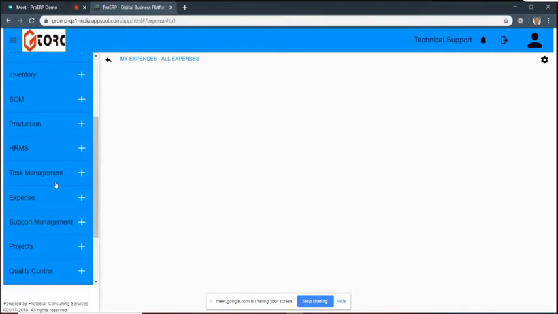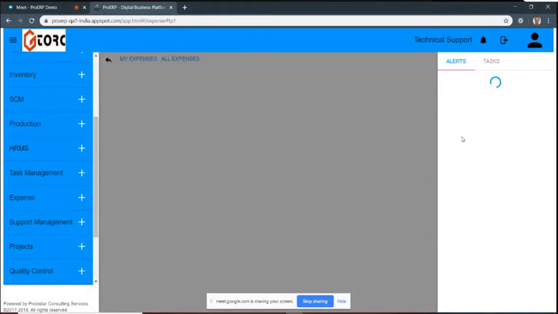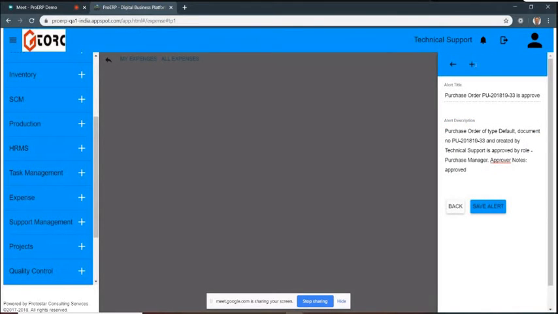Yeah, there is a separate module, and of course you can create tasks independently, but not everywhere; at certain places we have given that. For example, you get an alert that you have to approve a purchase order. You can convert this into a task right from here, like create a task from this alert, so that you know that you have to review and approve the purchase order. It is not there everywhere, but in a few places, and this is one of them.